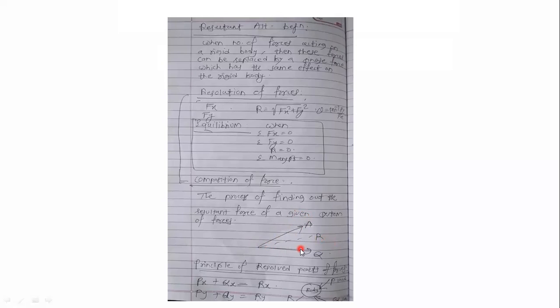are there, a system of forces, then in that case you have to resolve each individual force into the x component and y component to find the whole resultant of that force system, right? So this is the concept behind the resultant. To find the resultant, you must resolve all the forces in the system into their x component and y component, that is P cos theta, P sin theta, Q cos theta, Q sin theta.